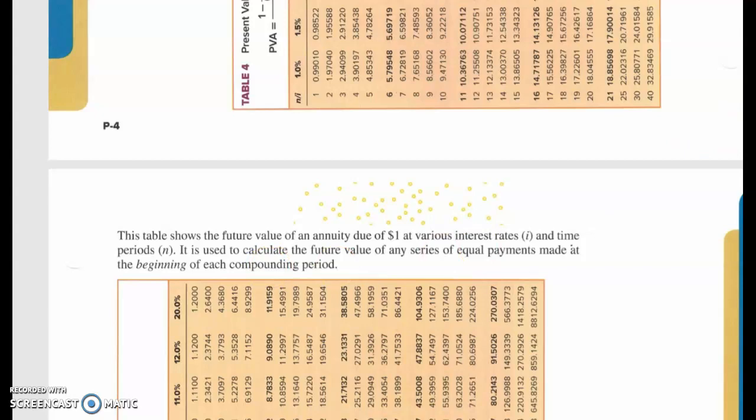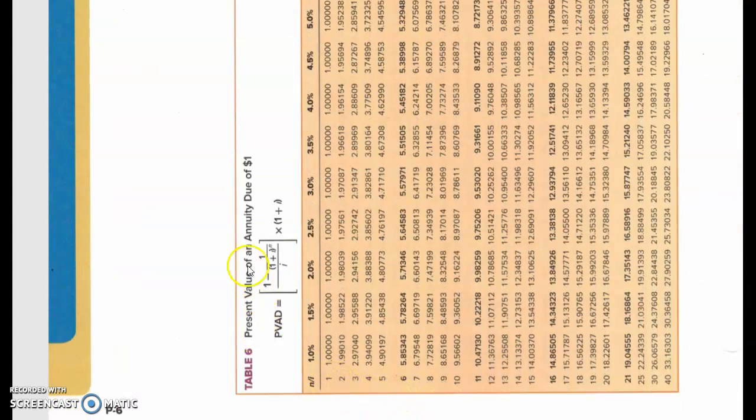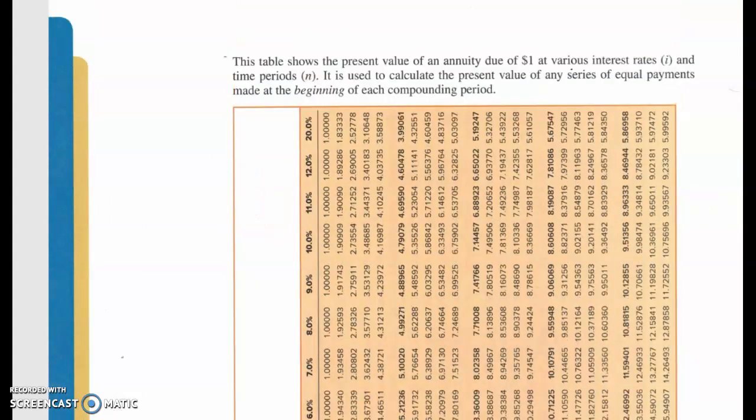And the last table, table number 6, present value of an annuity due. That table is used to calculate the present value of any series of equal payments made at the beginning of